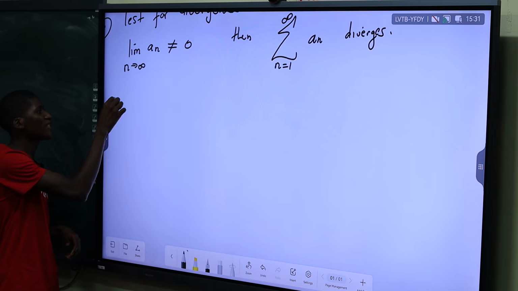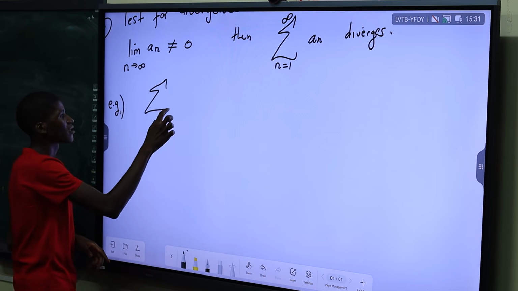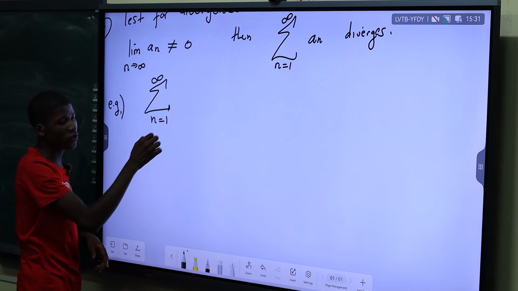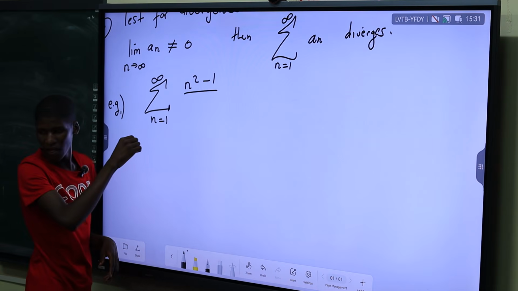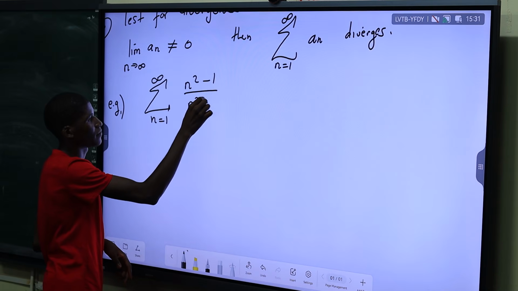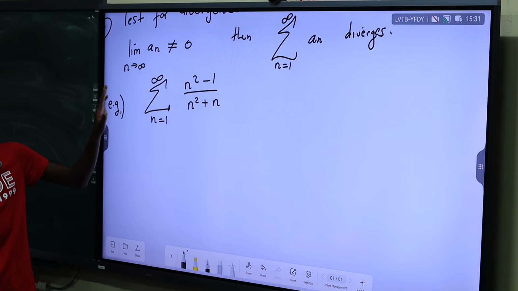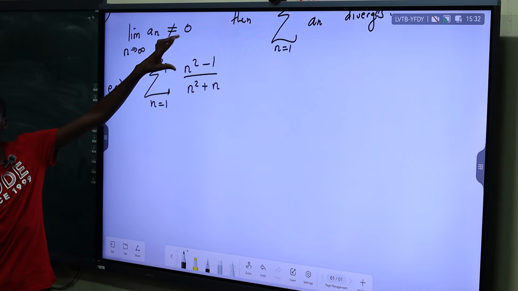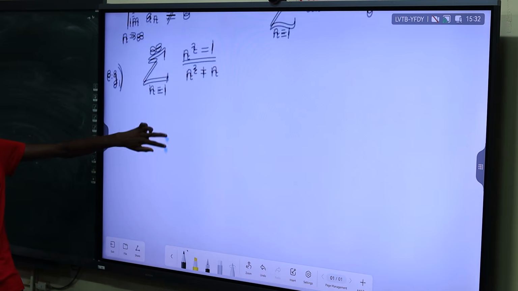So just do only one example since we're in the science already. We're not gonna dwell too much on it. You are given infinity there, and then you've got n equals 1, n squared minus 1 over n squared plus n. Can you apply a limit comparison test here? No. Why is that? Because there are two terms in the numerator. We need only one constant in the numerator that doesn't change.